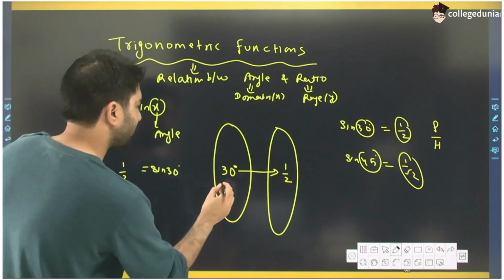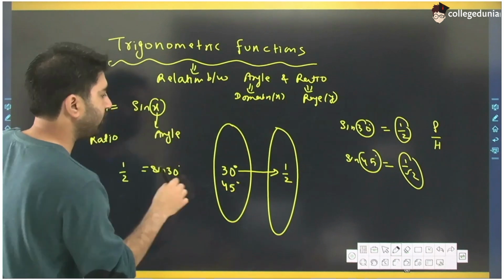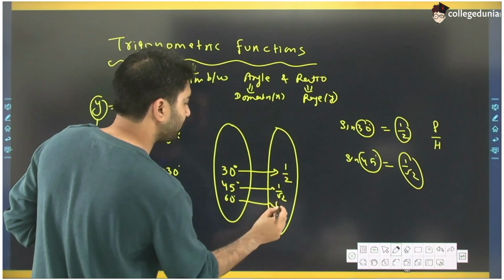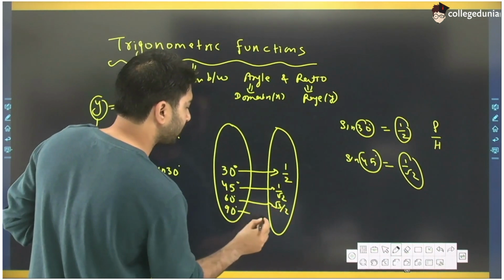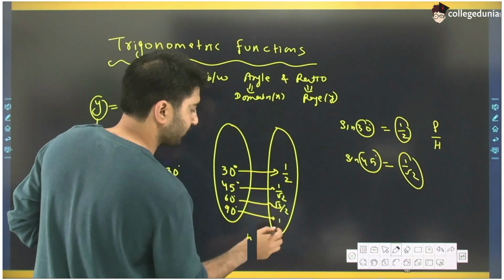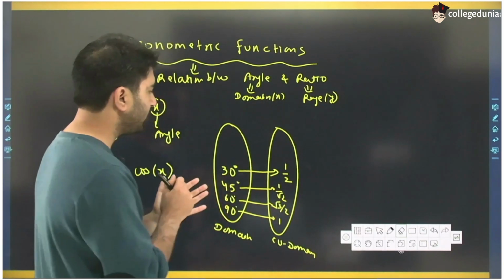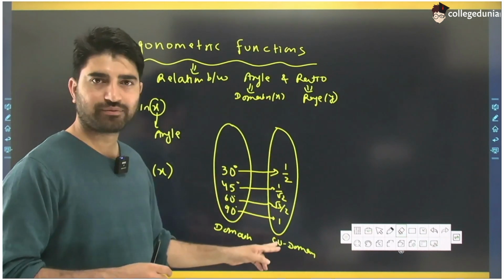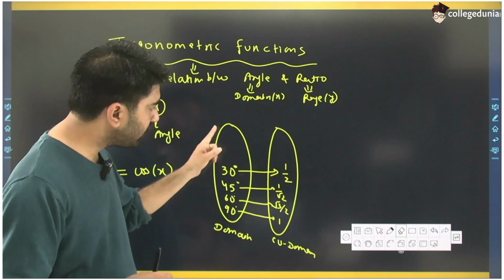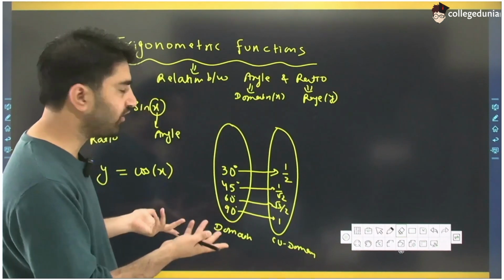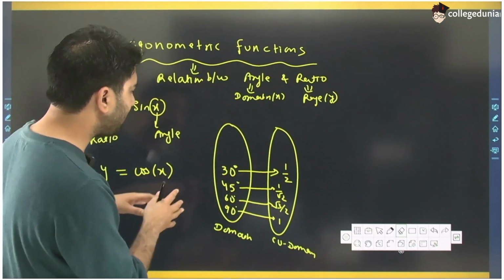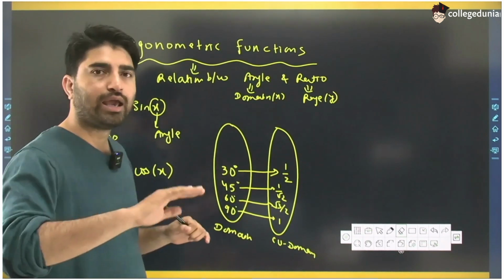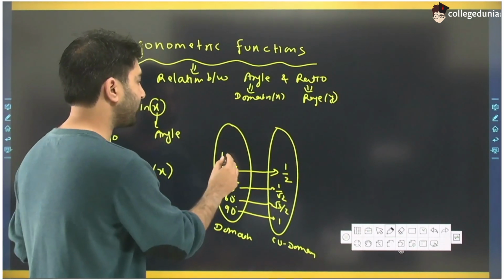Similarly, we can take 45 degree as angle and it will be connected to 1 by root 2. 60 degree will be connected to root 3 by 2. 90 degree will be connected to 1. So guys, as you can see, in domain, for every unique value of x there exists only one y. Every element of domain has exactly one image. That's why this is a function. And in this example, I have just taken those values of x which are less than 90, but you can also take angles greater than 90, like you can take 120 degree,